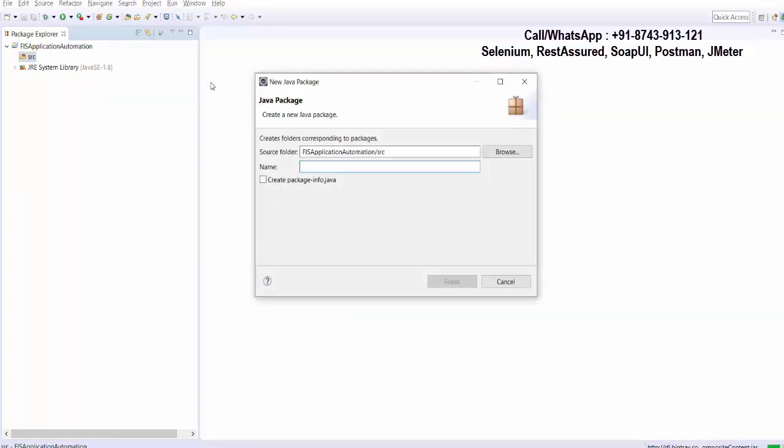Package name should start with a small letter. If you try to create a package starting with a capital letter, it shows a discouraged package name. It's not suggested by Java. So as per Java standard, you should start it with a small letter. Even if you try to create it, it will be created, but that is not a standard. So always try to create a package with a small letter.